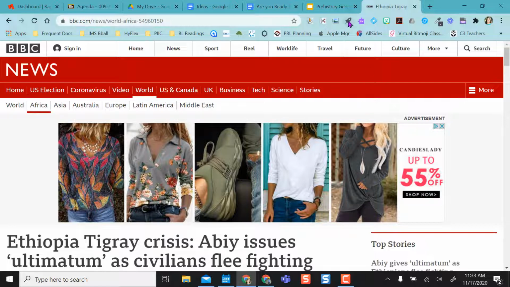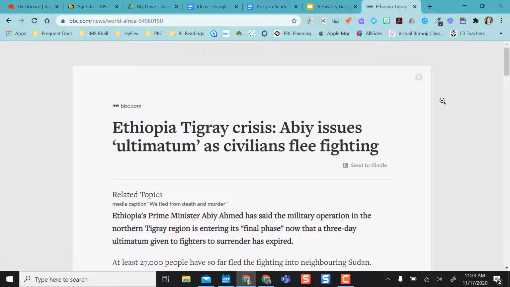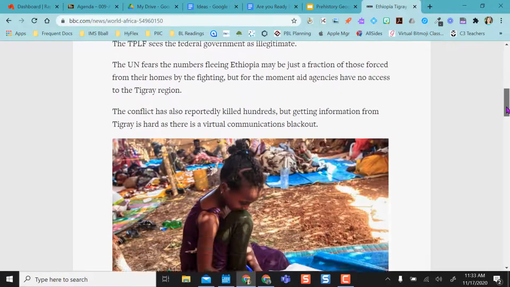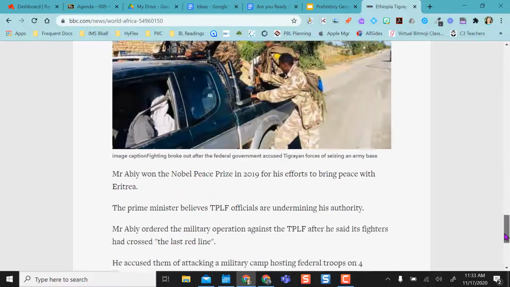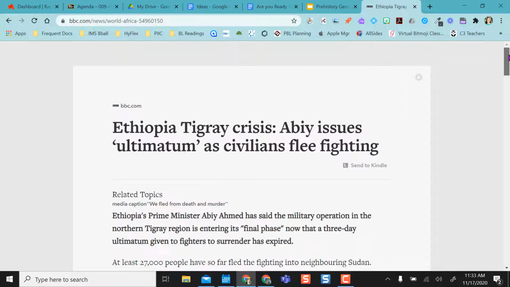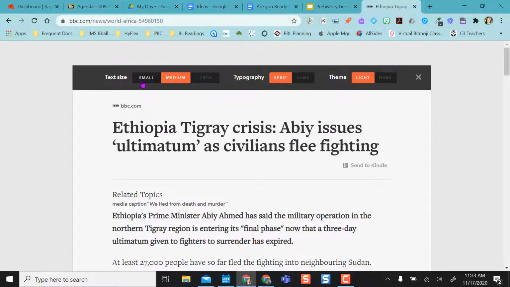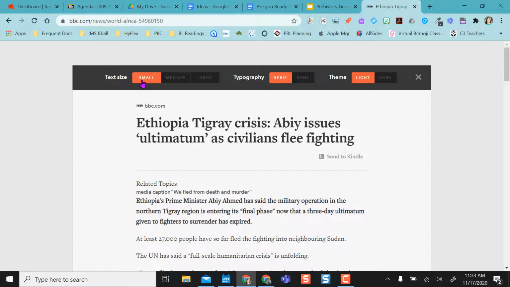So what I do is I come up to my Mercury Reader extension, I click it, and now it becomes a readable version. And you can see only the article is here, the images are included, but there's no extraneous content. It's really nice. There's also a settings tab on this, so you can make the type smaller, you can